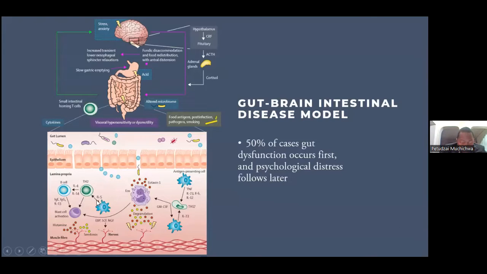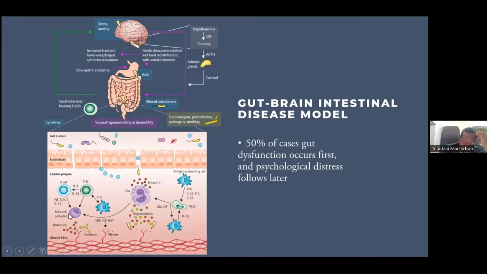as depicted here, and then it leads to increased release of several cytokines that promote activation and recruitment of eosinophils and mast cells. In addition to the traditional T helper pathways, as depicted here, we have also the secretion of interleukin-23 by antigen-presenting cells, such as dendritic cells, B cells and macrophages, and promote the T helper cell differentiation. Ultimately, we have degranulation of mast cells and also eosinophils, which then results in